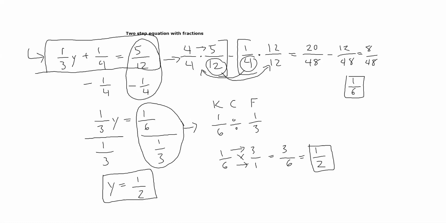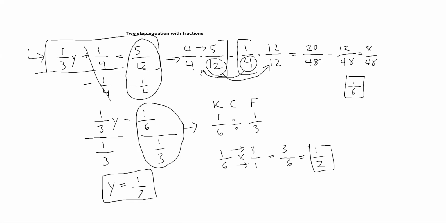So since we need to isolate 1/3 y, we need to get rid of that 1/4. It needs to go away, which means that the only way to make it go away, since we're adding 1/4, we need to do the opposite, and we need to subtract 1/4 from both sides. 1/4 minus 1/4, that's easy. It just cancels out. That's 0. What's hard is